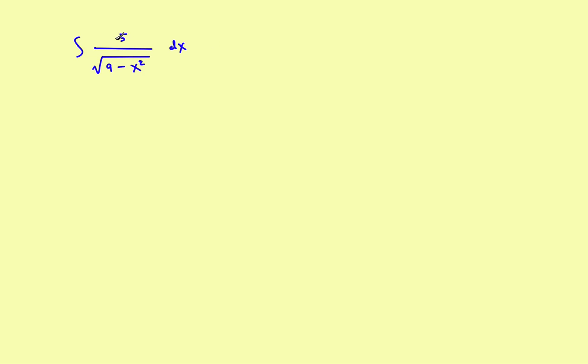Now to do that, you've got a 5 in the top instead of a 1, but that's not a problem because you can always bring the 5 outside the integral. So let's do this when we begin the problem. Okay, so to start with, I'll go ahead and bring the 5 outside the integral. So this is going to be 5 times the integral of, now what I'm going to do is go ahead and make it be